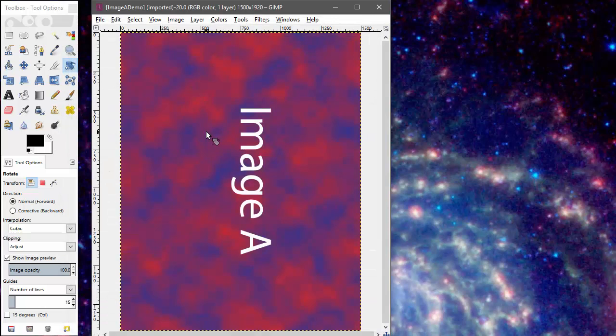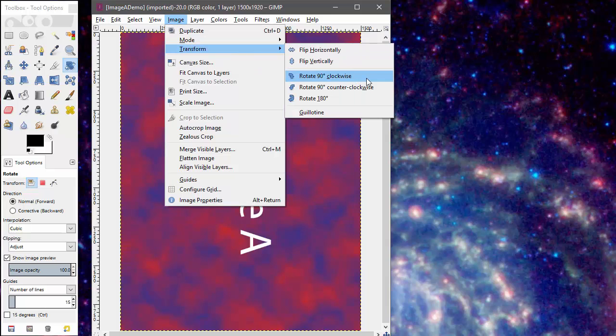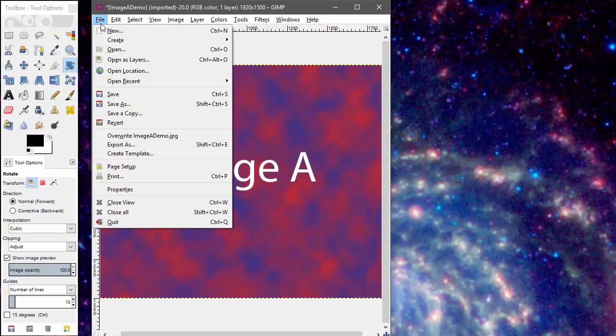As you can see, it is on its side. We will then go to Image, Transform, and then rotate appropriately, in this case counterclockwise. It is now correct. I will then go to File, and you can either say Overwrite the image or Export